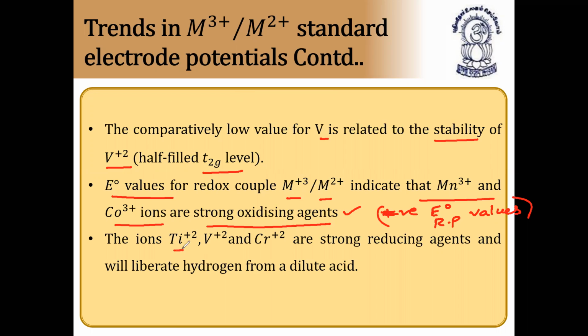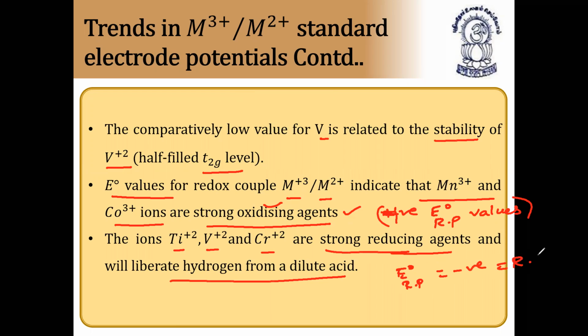The ions titanium+2, vanadium+2, chromium+2 are strong reducing agents and will liberate hydrogen from dilute acid. These are strong reducing agents. Positive values of E° represent strong oxidizing agents and the negative values represent strong reducing agents. So if E° values are negative, E° of reduction potential is negative,